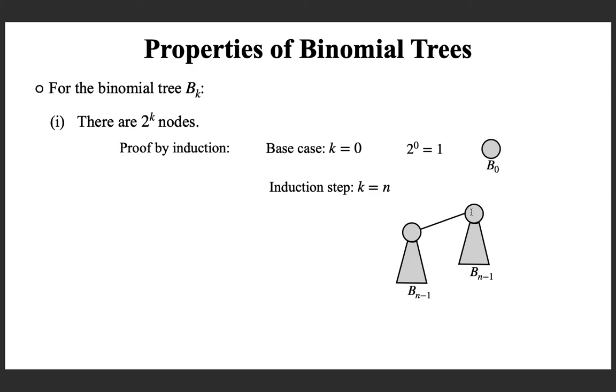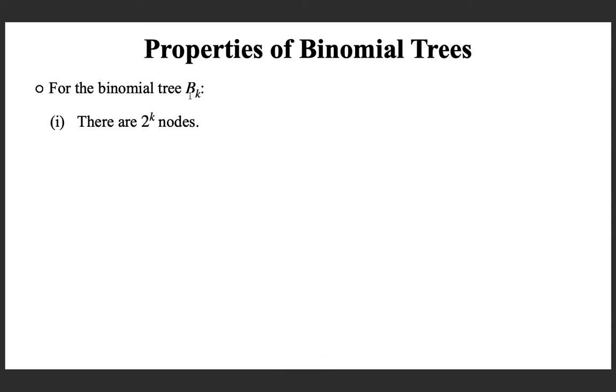And from the induction hypothesis, you know that this tree is containing 2 to the power n minus 1 nodes. This is again because it is a copy. So the total number of nodes, you are not adding any more nodes, you are just linking it. So the total number of nodes is 2 to the power n minus 1 plus 2 to the power n minus 1. That is 2 into 2 to the power n minus 1, which is nothing but 2 to the power n. So by induction hypothesis, you can conclude that in Bk there are exactly 2 to the power k number of nodes. Next property,